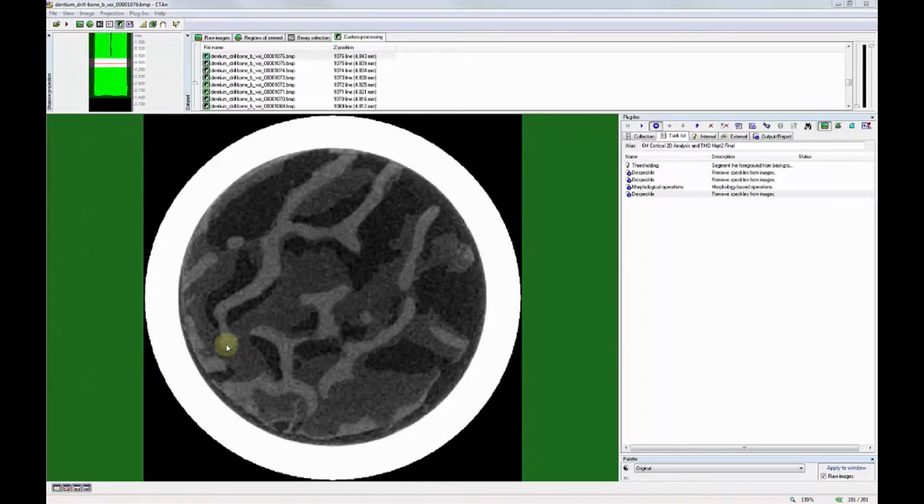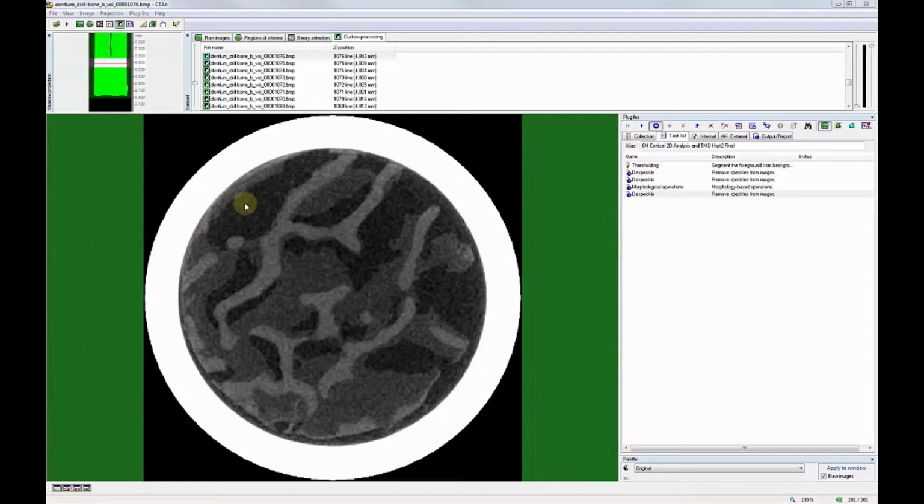This month, we're looking at some artifacts that can arise from a phenomenon in micro CT imaging known as the partial volume effect. Basically, the partial volume effect arises from the fact that we are projecting fixed objects onto a pixel array. Now, the edges of these objects, such as this bone drill core here, never really line up exactly with the edges of the pixels. So each pixel readout gets a contribution from either air or bone or marrow space,